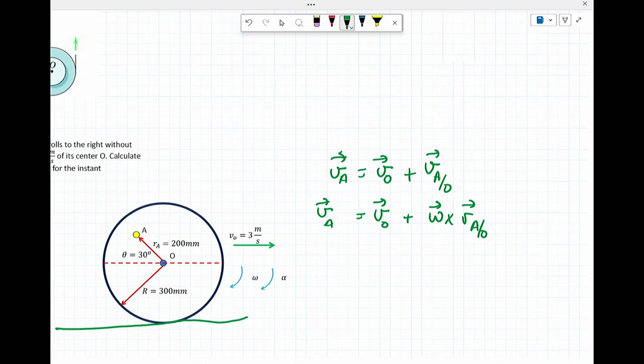Now, I know velocity of A is equal to velocity of O plus omega cross r of A with respect to O. So translation plus a rotation. And when I do that,